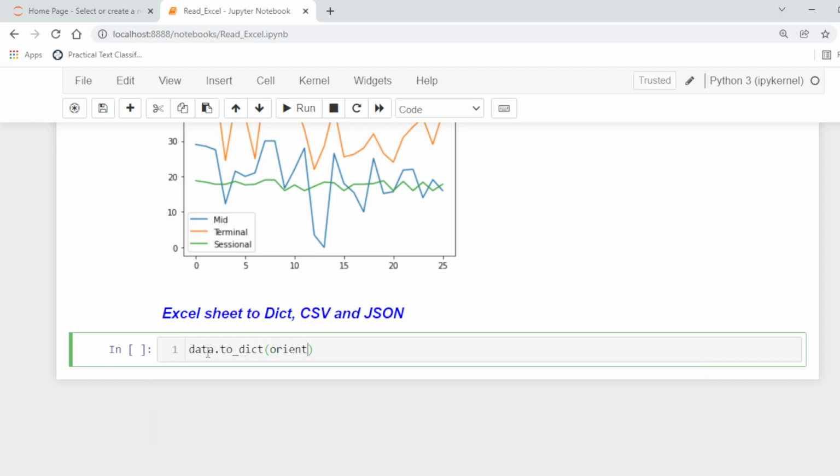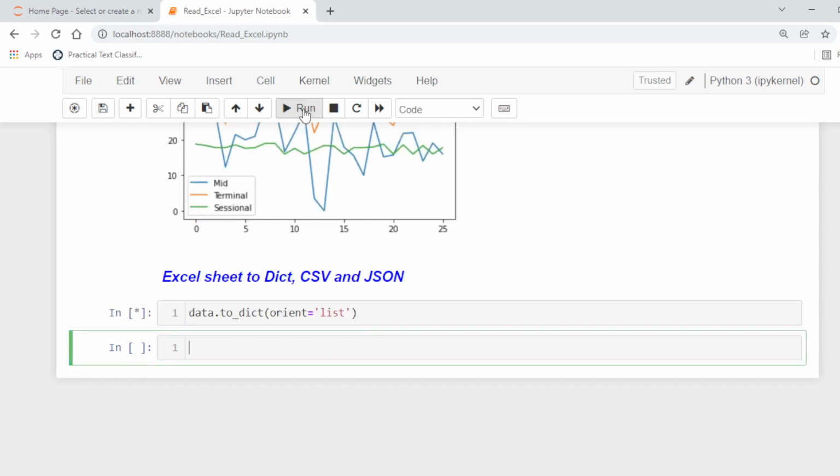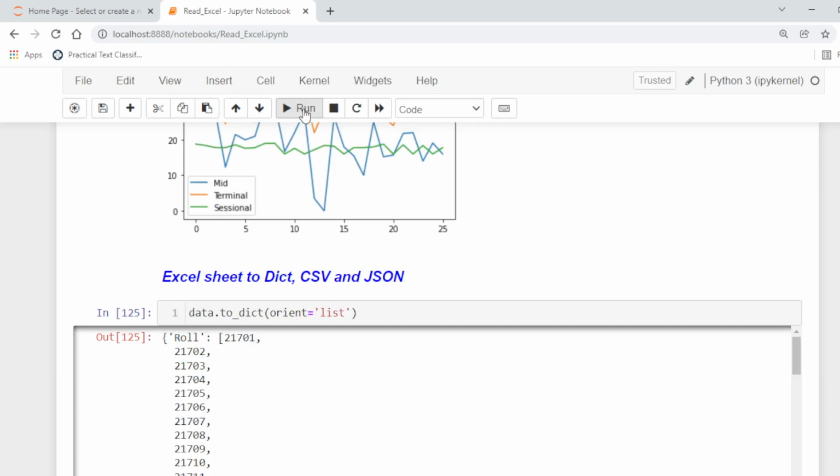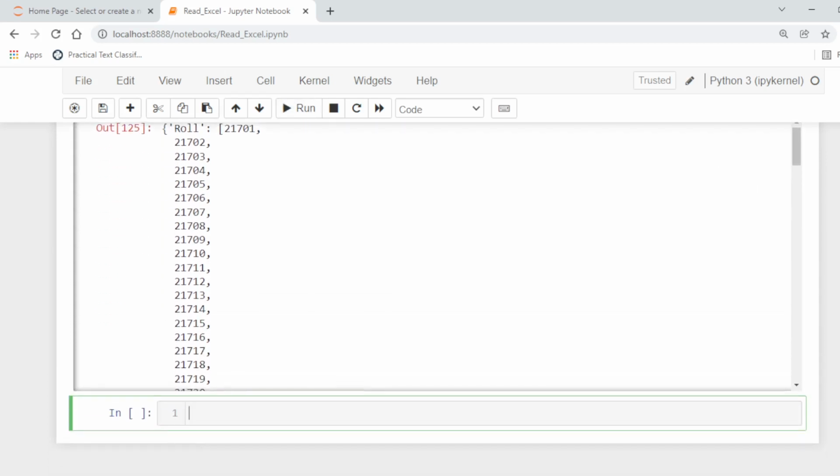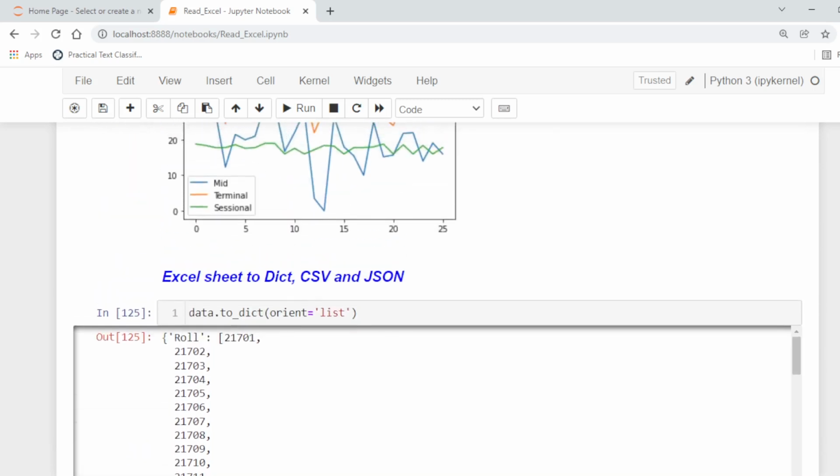For example, orient equal to list. It can be series, it can be records and so on. So it will convert the data frame into the Python dictionary. So this is the output, and now we have a dictionary which can be used for other purposes.